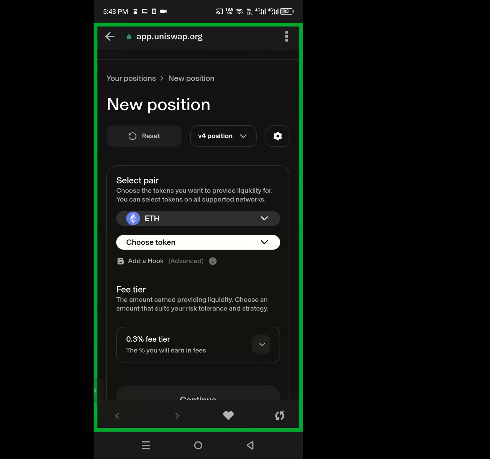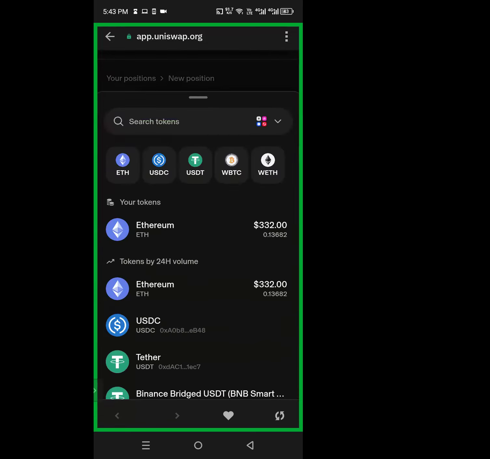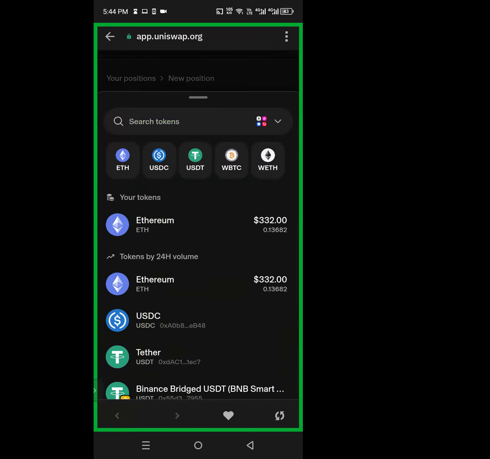The next thing we're going to do is choose the second token, which is now Actuate. So I'm going to click on the arrow at choose token, and it's going to pull this up where you can select which token you want to create the liquidity pool with.